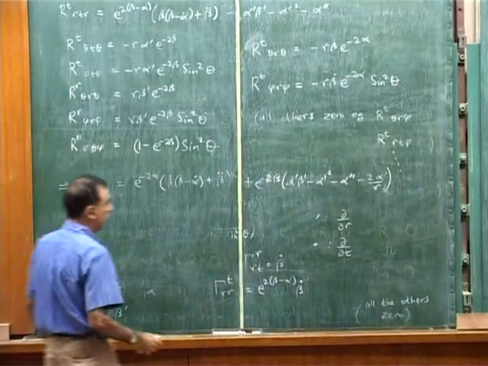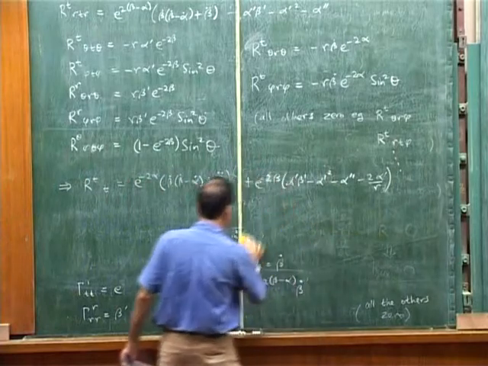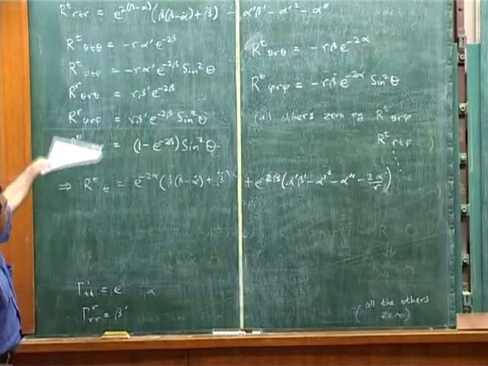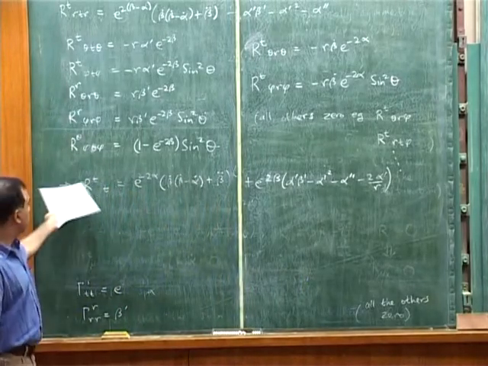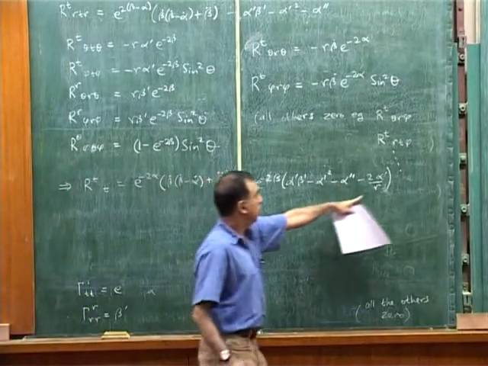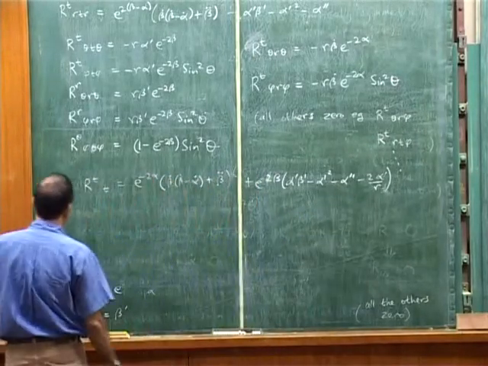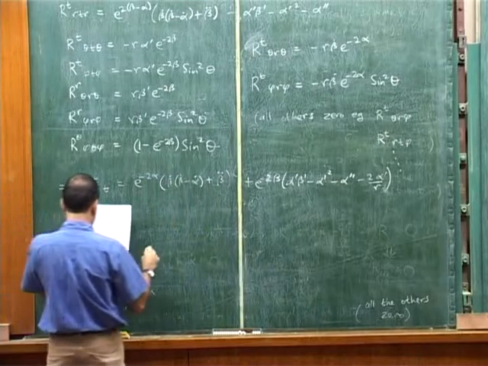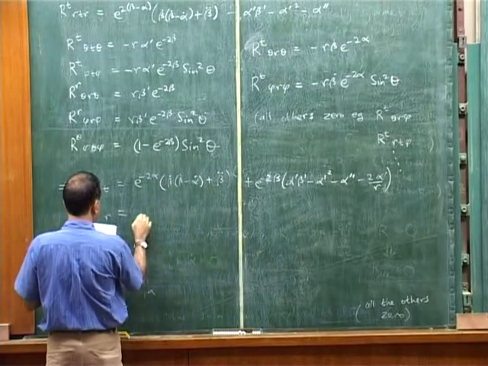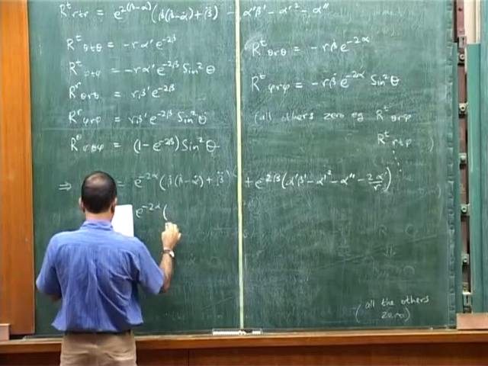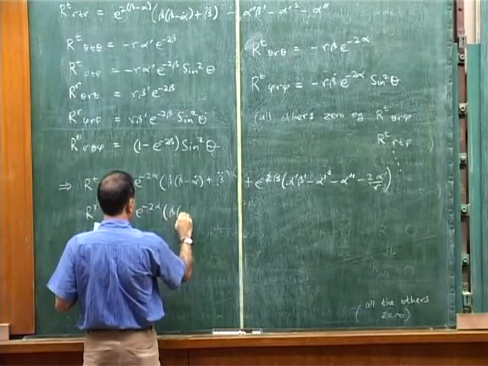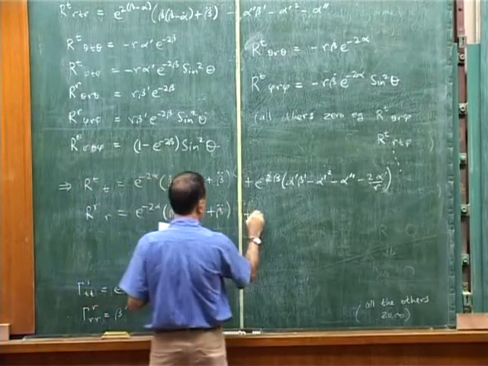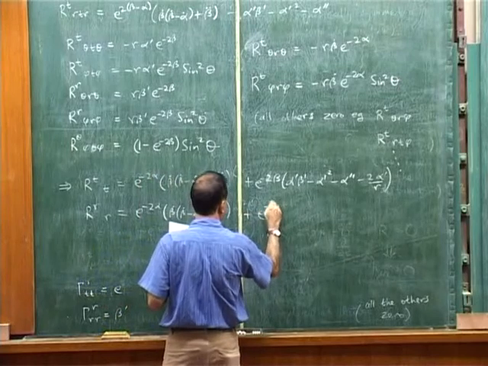That's the answer for RTT. It's a little more complicated, although you can clearly see that it's made up of the building blocks which we have already encountered. It's just combinations of terms which are already visible, but because of some inverse metrics and so on, you get things like this 1 over R behavior over here. The nice thing is that RR turns out to be very similar. In fact, it's almost the same. The first term is the same. And the second term is also mostly the same.